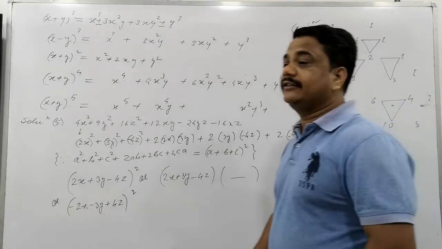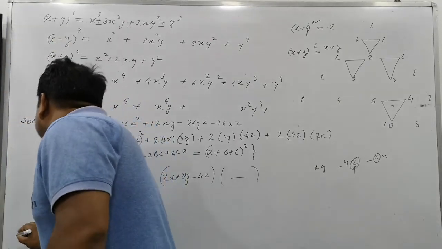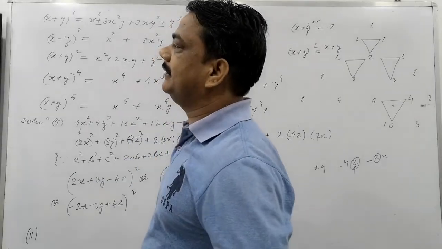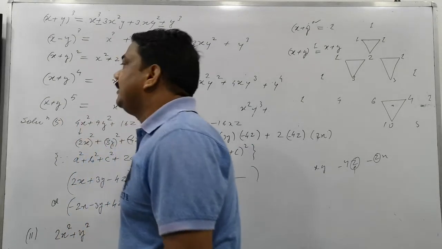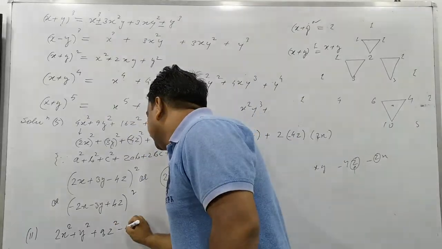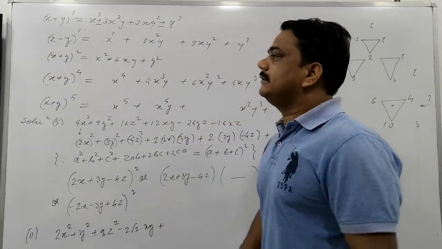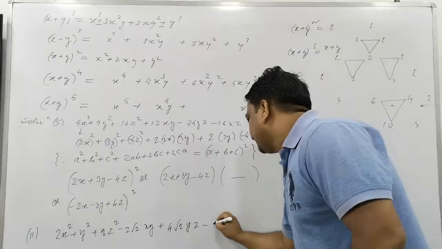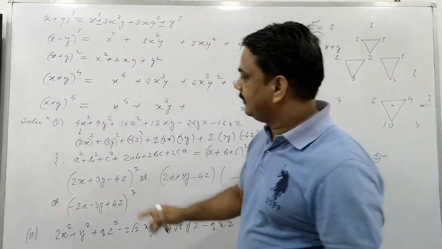Well understood. So can you solve the second question here also? I don't understand. The second question, the same here. If you look, question number 2.5, second: 2 times x square, I'm telling what your difficulty is, and 8z square here. Clear? And what next is 2 times root 2 xy, and what next is 4 times root 2 yz, and what next is minus 8xz. You will see, you just see the pattern, the same pattern is occurring here.